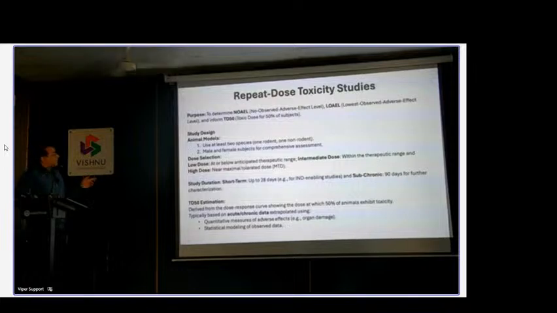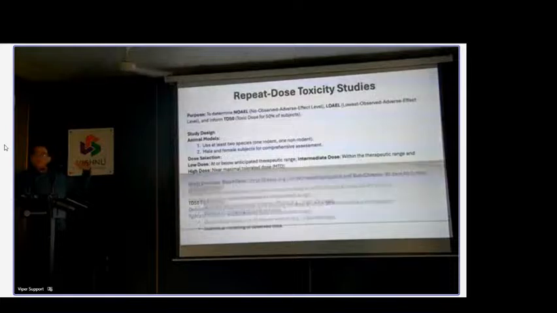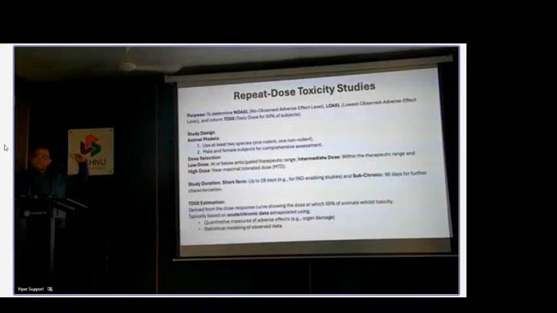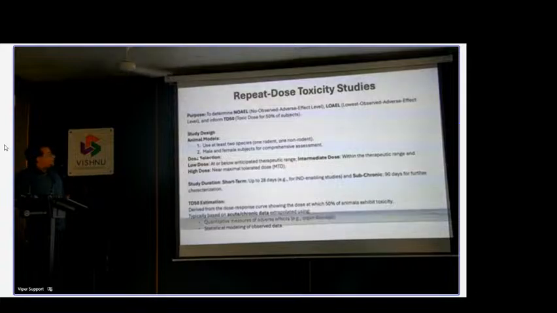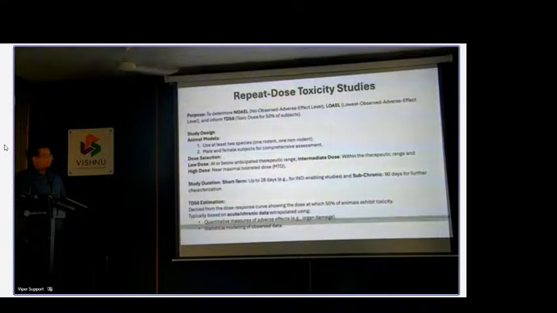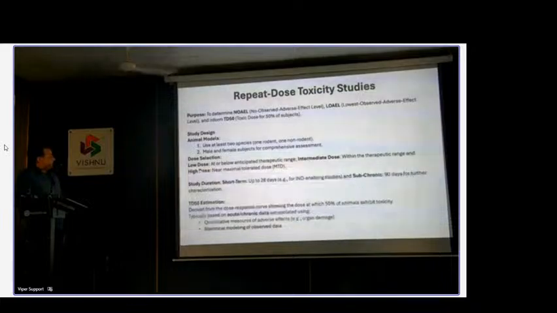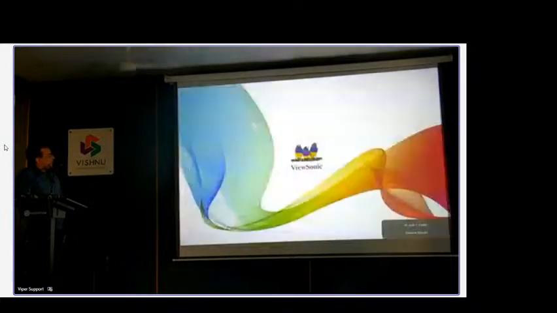As I said, the other doses I mentioned are all about the pharmacodynamic studies. But for the toxicology studies, you would end up with a no observed adverse effect level. You need to establish a dose that won't show any toxicity, so that means up to that level you can go. There are some guidelines available on how to conduct those studies, ICH M3, for example, and again the dose selections or low dose should be around the